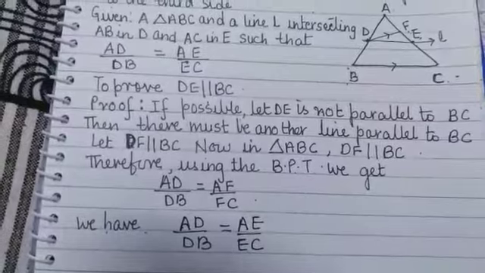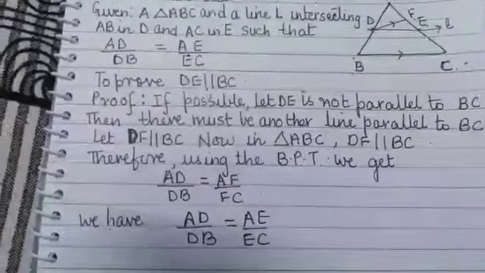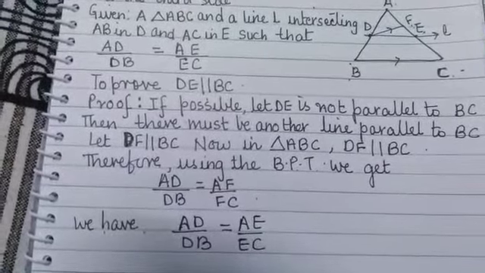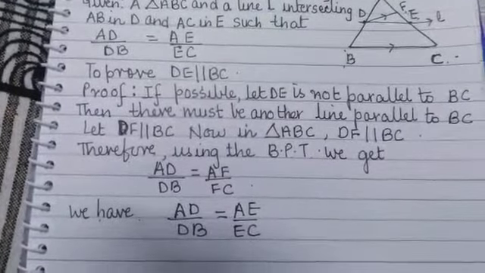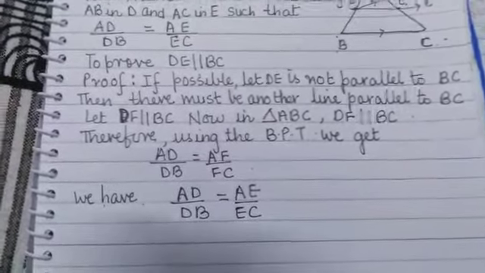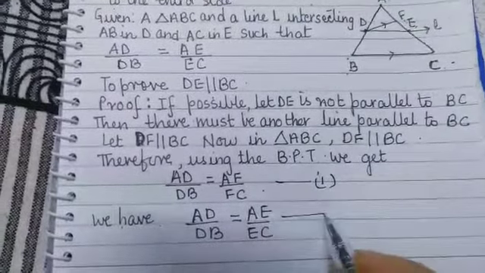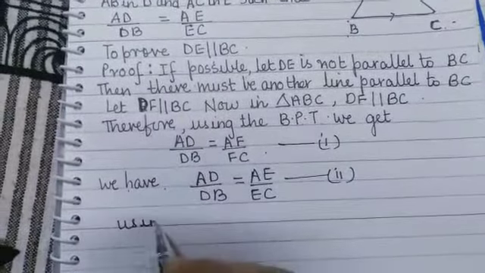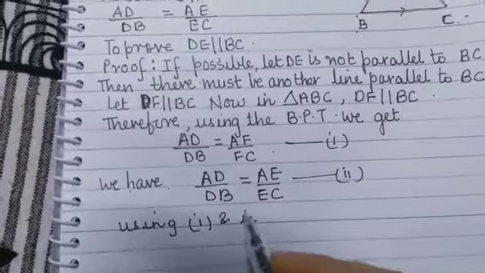This has been given to us: a line intersecting AB at D and AC at E, then the ratio AD upon DB is equal to AE upon EC. Now, let this be first and let this be the second. Now, using 1 and 2, we get,